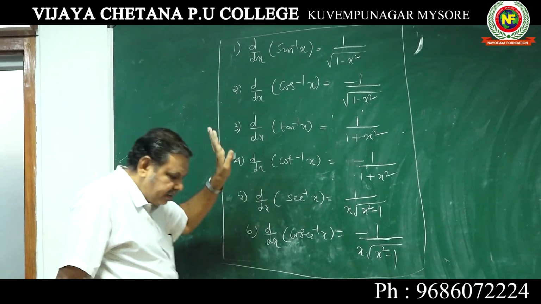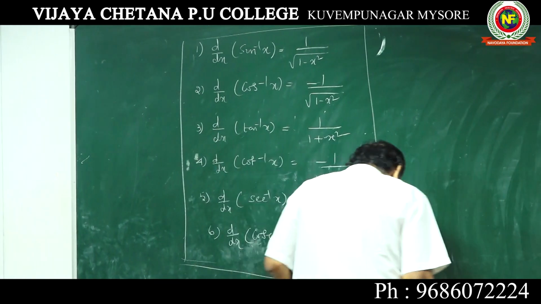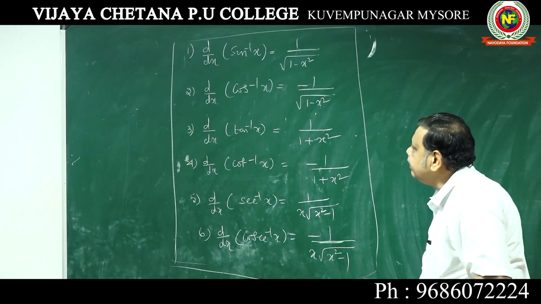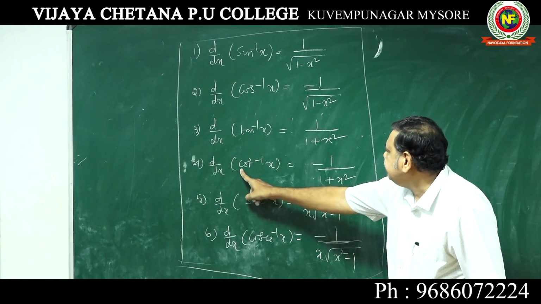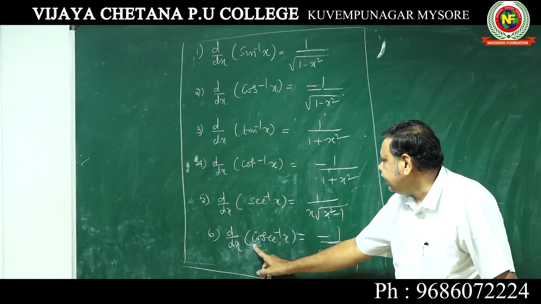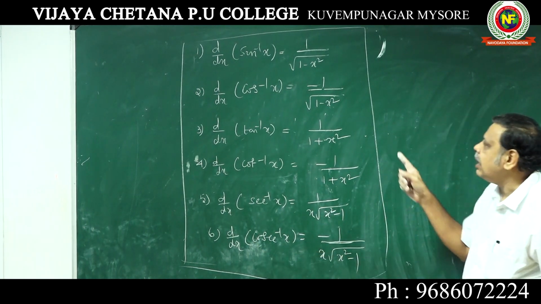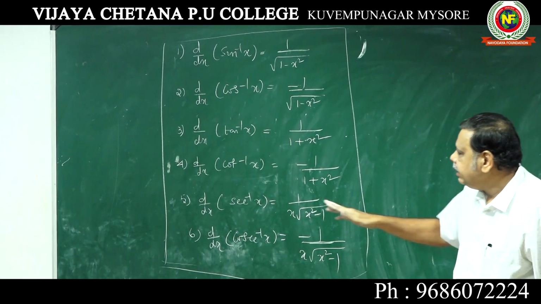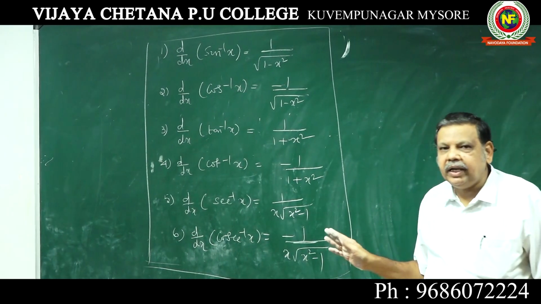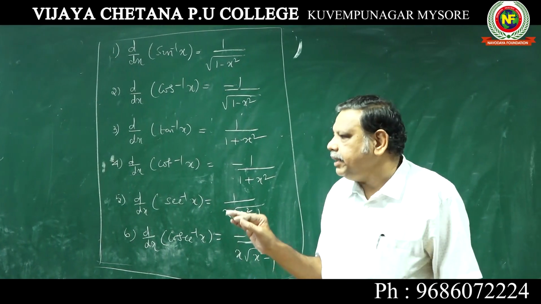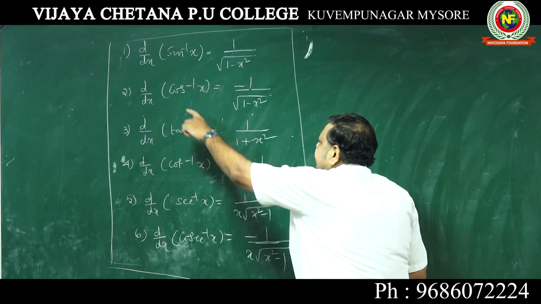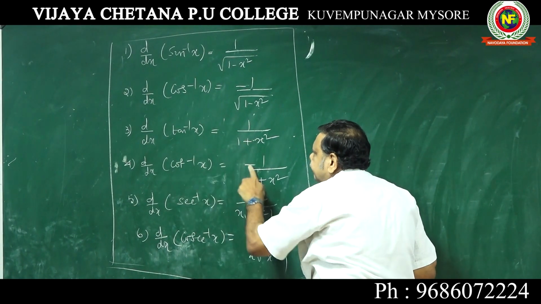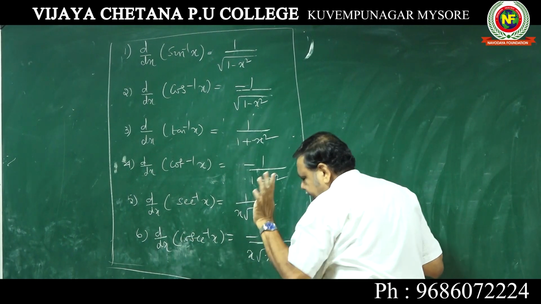Now I will tell you one more very important thing, easy tips I will give you. Whenever it starts with C, it is minus. Whenever it starts with C, minus. So cot, cos and cosecant will be minus. This tip nobody will tell you. See, the very important tip is whenever the differentiation starts with C, a minus sign will come.